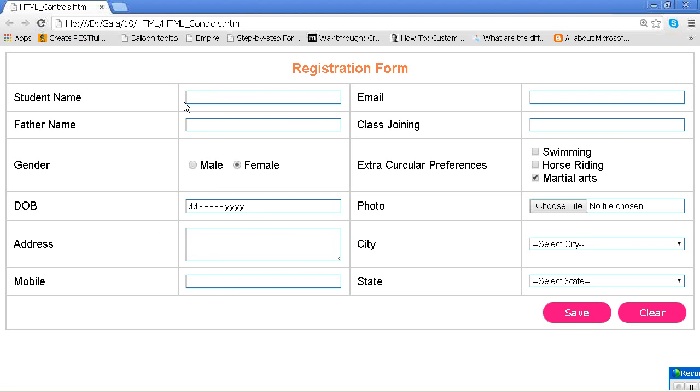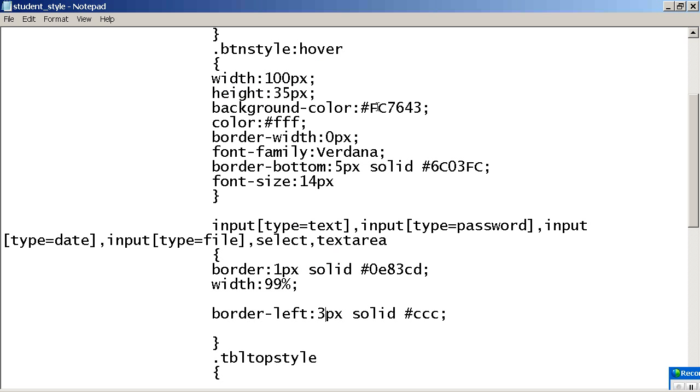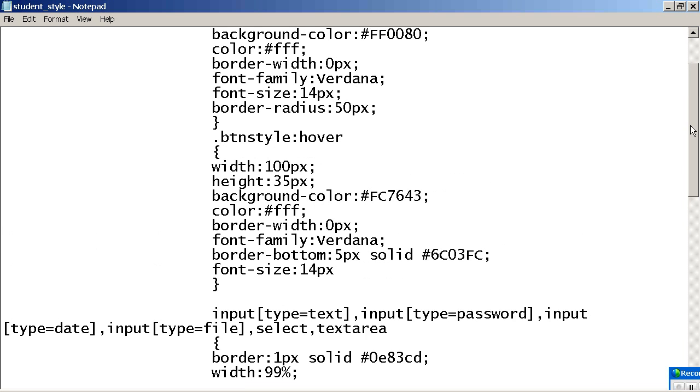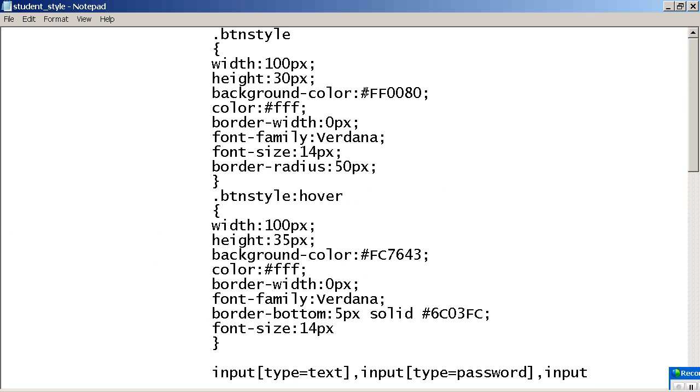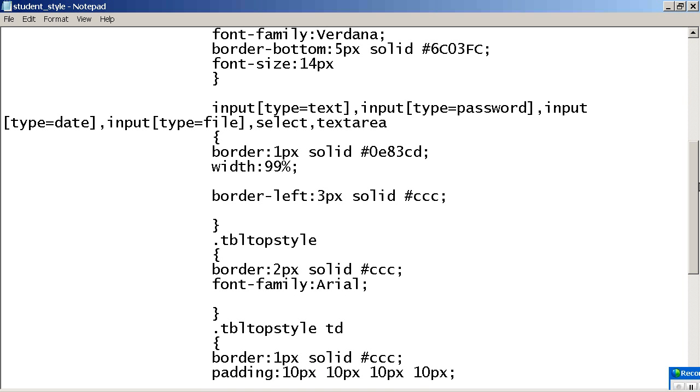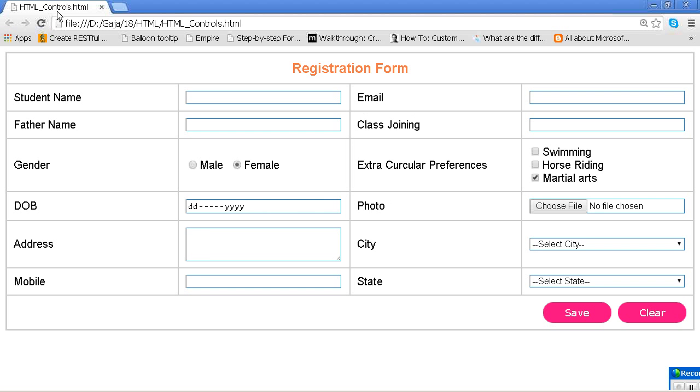See here, like this example. If you want to use this color as border color, all on your available. Are you understanding?